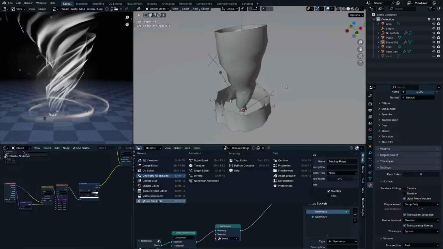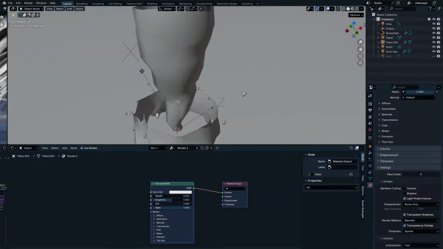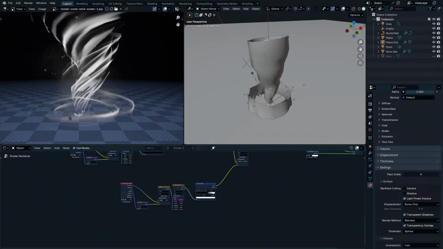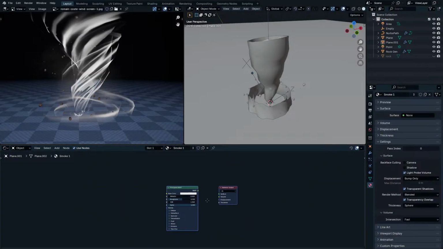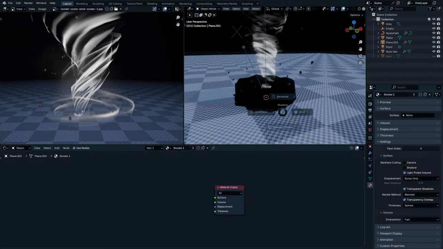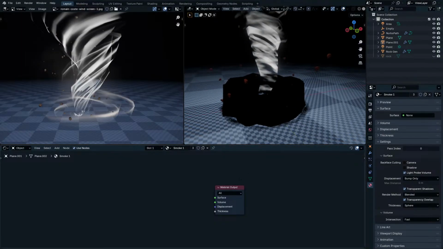So let's go to the shader editor. We already have it here, but I don't like my shader editor to be like this, so I'm just going to do a join right. Just uncheck this. Okay, so for the smoke one, first let's go to the material preview so we can see better, or just go to the render viewport. Just hide these gizmos, whatever they're called. Okay, after that,